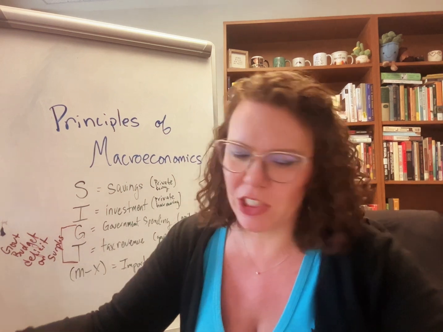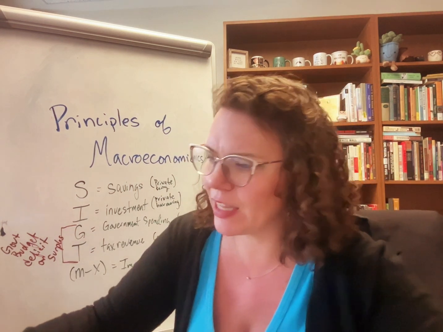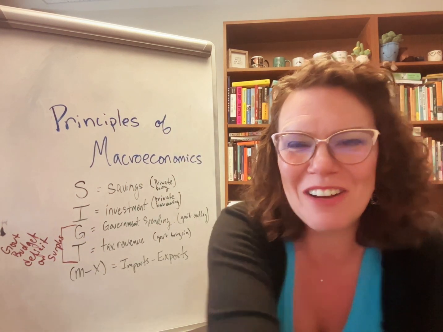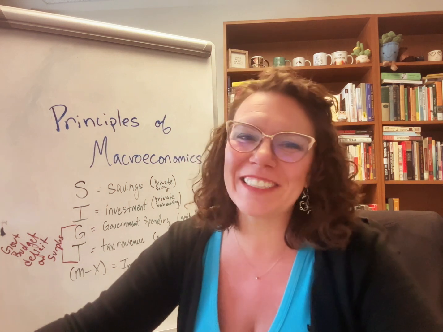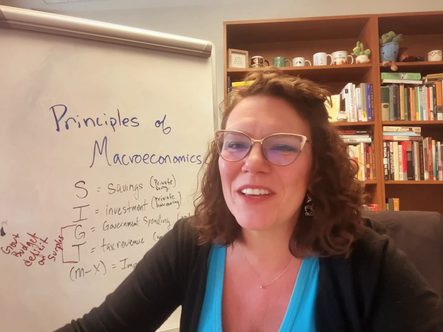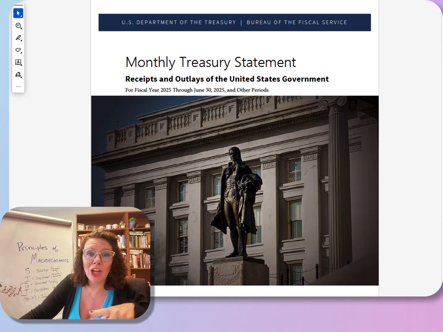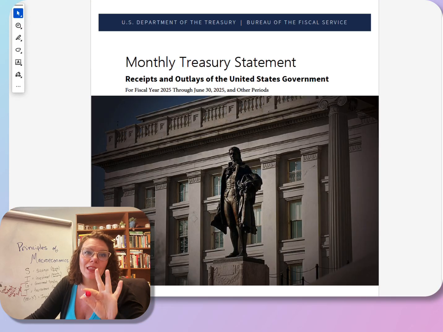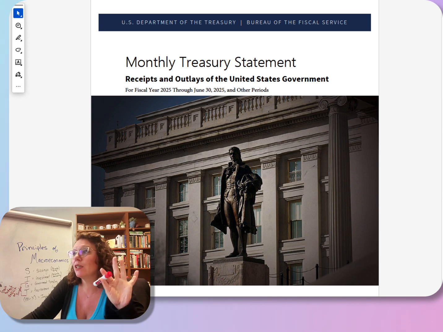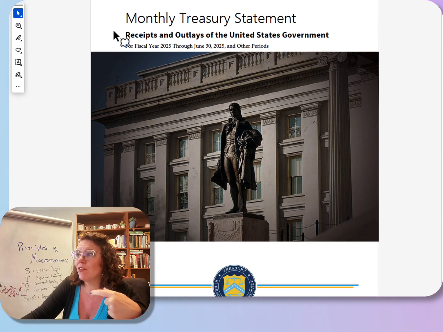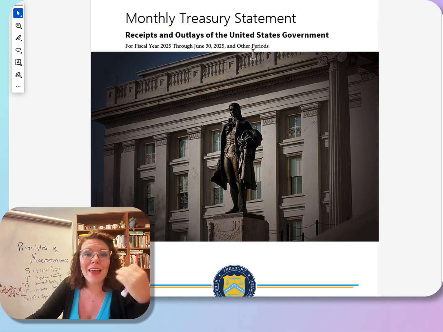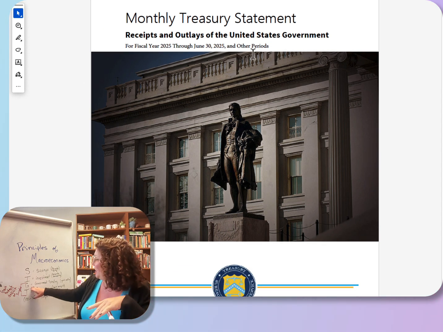And real quick, let me just show you a quick example of this. I was looking this up for fun and for an example in class. Let me pull this up and I'll show you an example of what I'm talking about. Okay, so over here, what I've got is I've pulled up the monthly Treasury statement from the U.S. Department of Treasury. They put these out on a monthly basis and give us a report of sort of an accounting of the money that the government is spending and the money it is making, the G and the T.